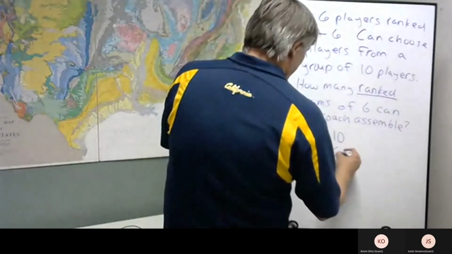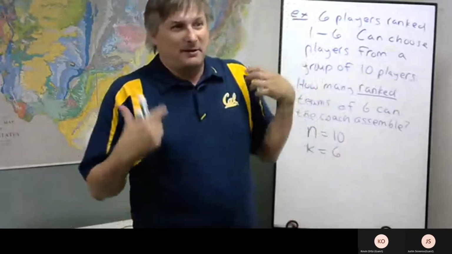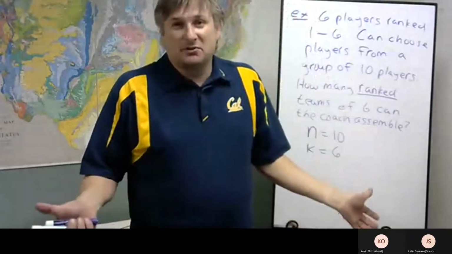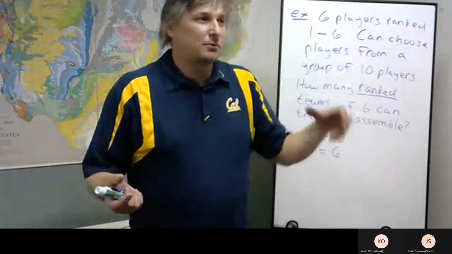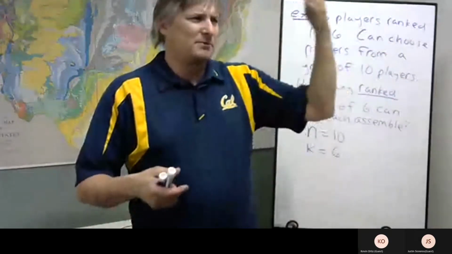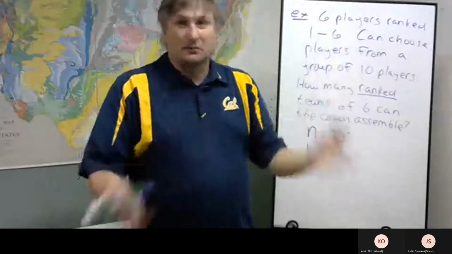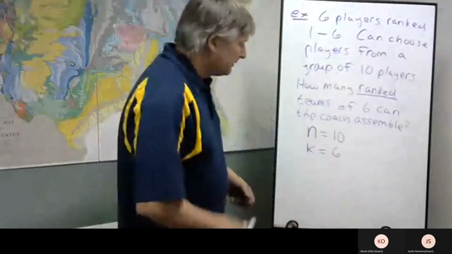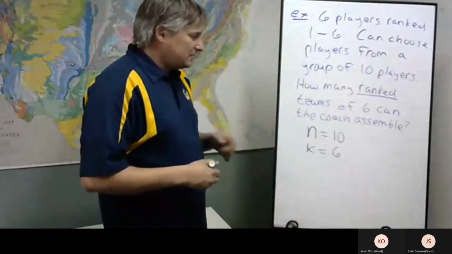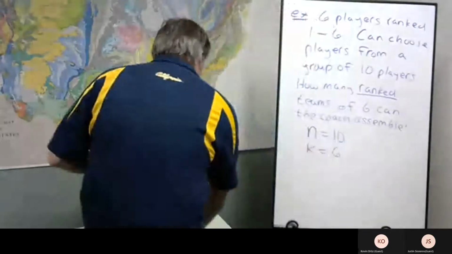So you can sort of think of it as, this is the first player, they've got the best serve, and that's what wins all the matches, so we're going to make them the first player we're going to pick to play all of our games. And then you come up with who's going to be second and third and fourth and fifth and sixth and so on for whatever reasons. So n is 10, k is 6. So what we're going to get then